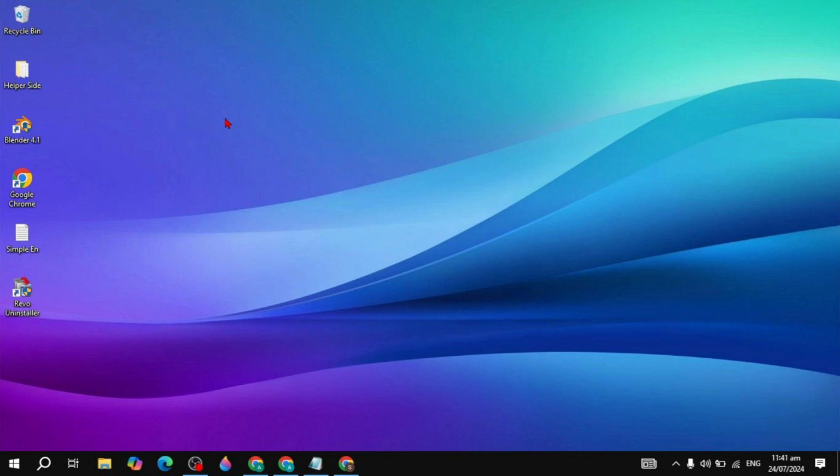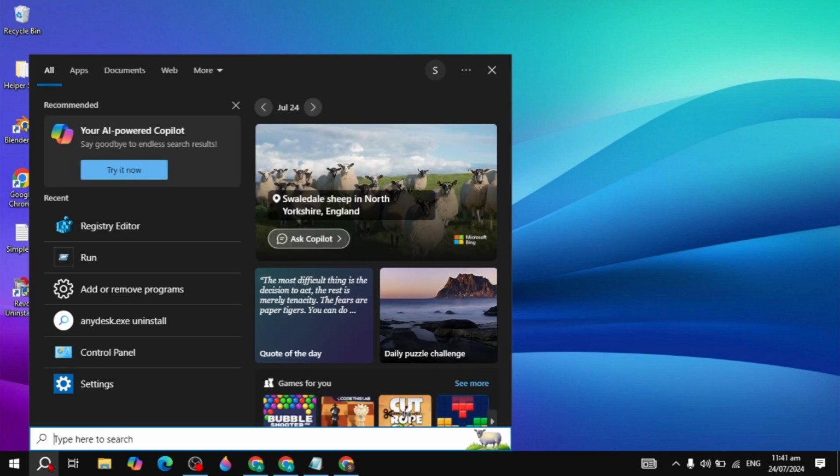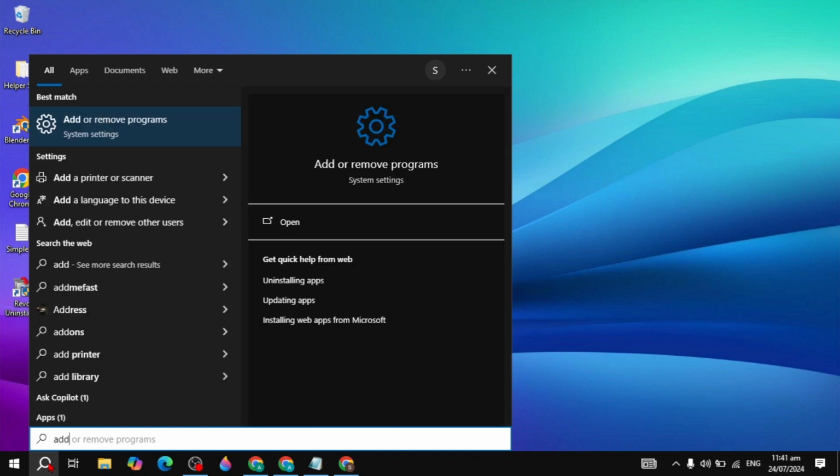Hi guys, in this video I will show you how you can completely uninstall Roblox from your PC. There are two methods, and the second method I recommend you. So the first method is you can go to the Windows search, simply type add or remove programs and